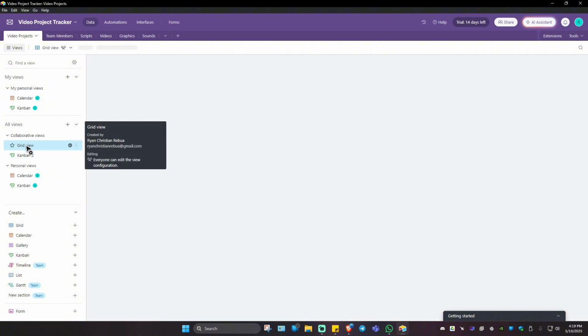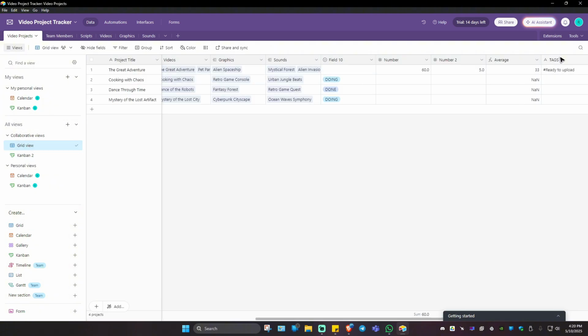When we go back to grid view, as you can see here, we have the tags from the Kanban, ready